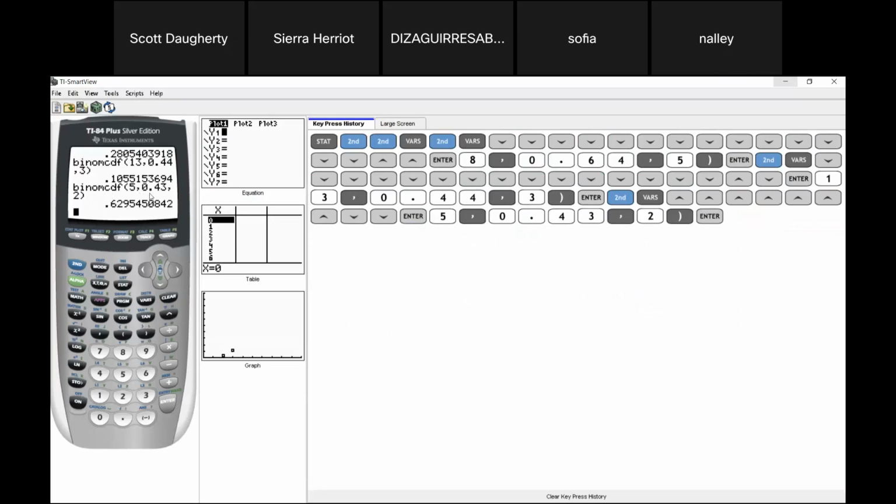This gives me the probability of 0 plus 1 plus 2. What I want is the complement of it, and if I want the complement, I just have to say 1 minus it. By the way, at the very bottom there's an answer button, so I don't have to type it in, and it'll pick the previous answer. So that's this blue button right here.